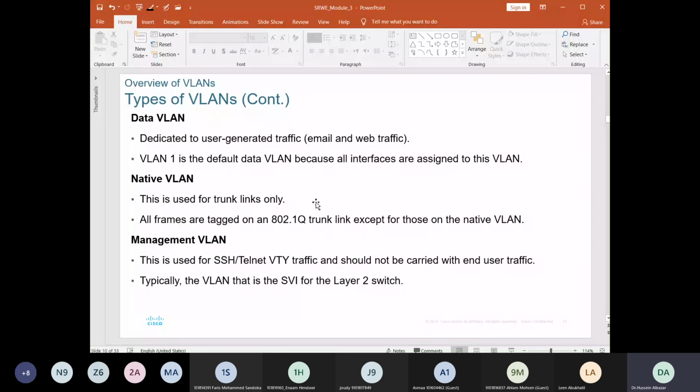Now, we have 3 types of VLANs. The first one is the user traffic VLAN, called the data VLAN. A data VLAN is dedicated to user-generated traffic, for example, email and web traffic. Keep in mind, VLAN 1 is the default data VLAN by default,